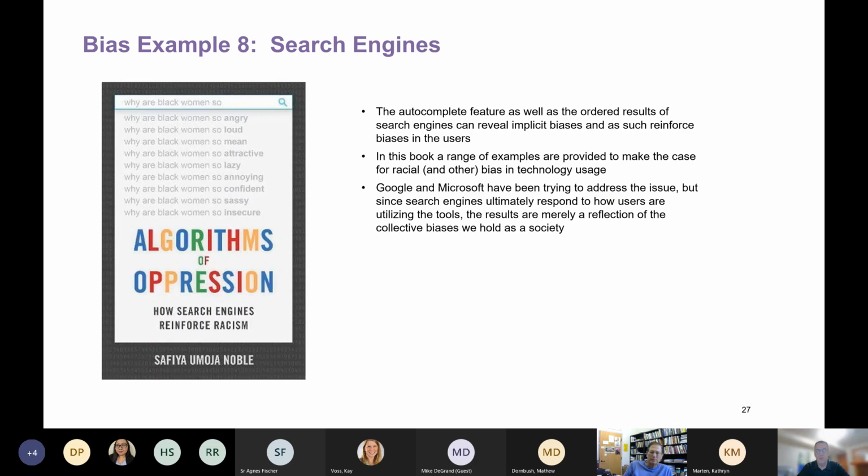Here's another example, search engines. If you have autocomplete in your search engine, I love this feature because sometimes I'm looking for something and I'm starting to type in the first 3-4 words and voila, that's exactly what I was looking for. How did you know? Well, because I wasn't the first person in the world looking for that. Google had encountered that search query multiple times, and it was suggesting certain ways in which that sentence I started could be completed. Well, if you test that and you say, black girls are,